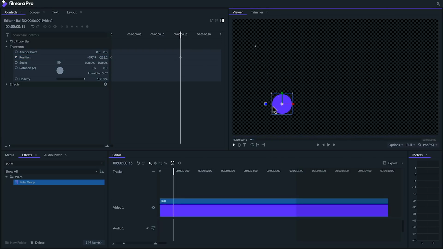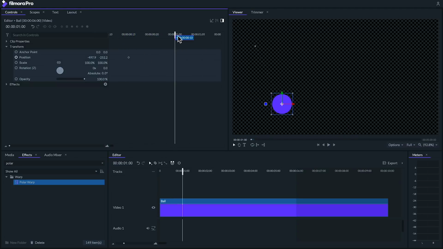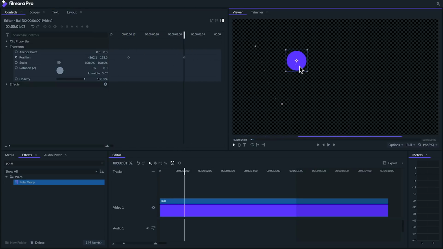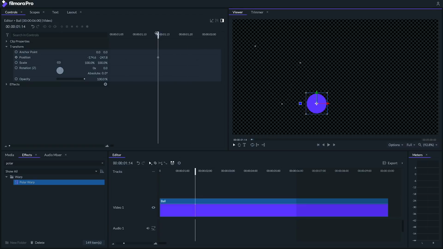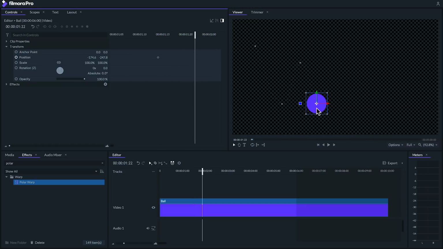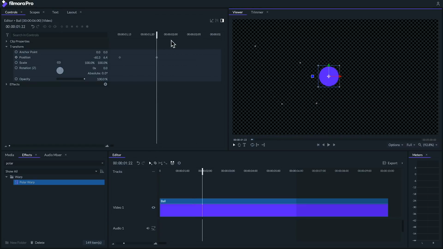Let's say about here. And then we'll go 12 frames forward and drag the ball back up, but not as high as before. And another 12 frames forward, bringing it back down, about the same distance to the right like this. And we'll repeat the process going 8 frames forward, bouncing up, and 8 more coming down,